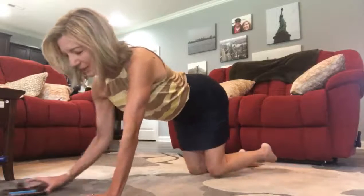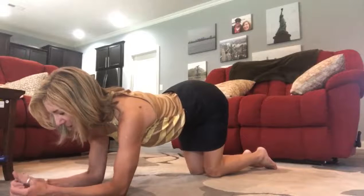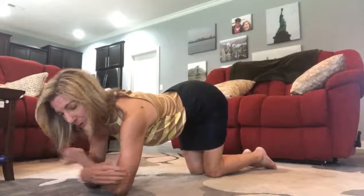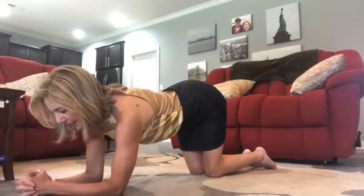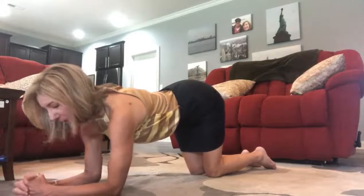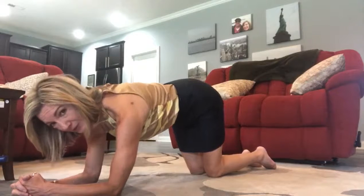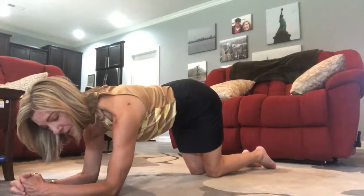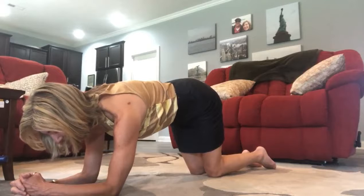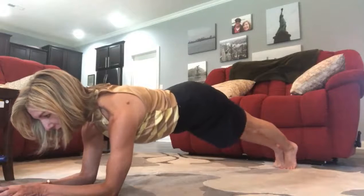You can start however you like, but forearms, bring your forearms out in front of you. Then bring your hands around your biceps so you know you have the right distance for your elbows. Arms come back out in front of you. You can interlace your fingers if you like. Pull your shoulder blades together, reach them down your back, and then lift your upper back. So you're not pulling your shoulder blades together. You're lifting and separating. Lifting your chest, pulling in your belly, come up on your toes,